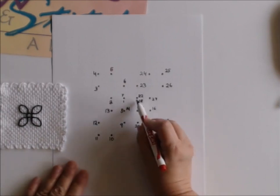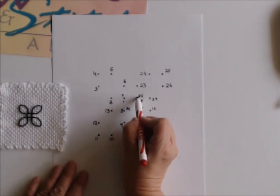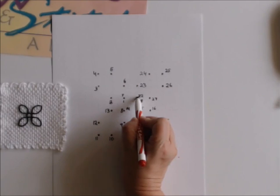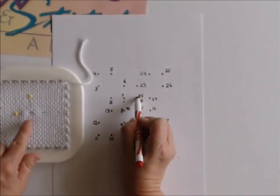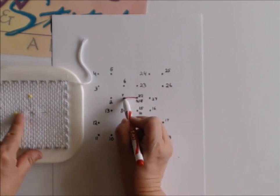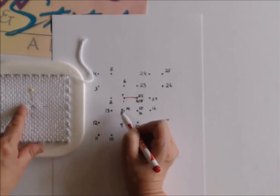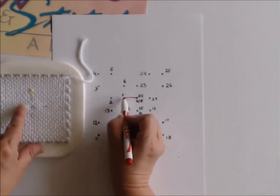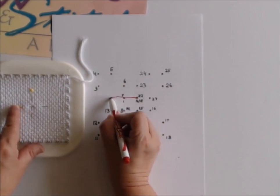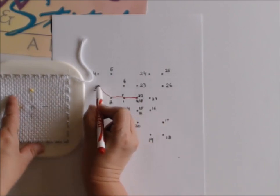Here is the S and E, which is start and end, and there's the 1. So we start here, which matches, let me just show you, which matches the intersection here, and then we will go 2 threads to the left to number 1. Can you see that? All right. Let me see if I can duplicate that. Then we will make another back stitch 2 to the left. We will make a back stitch in the diagonal going up like this,